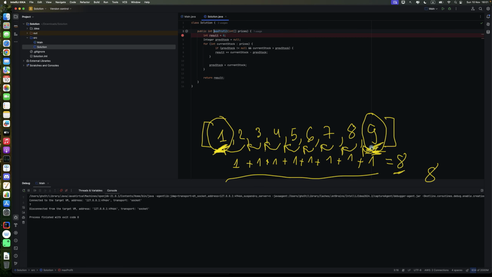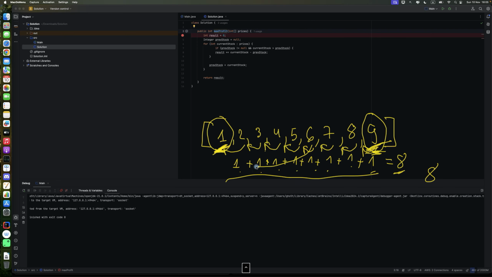If we buy here and sell here, it is the same as if we make 1, 2, 3, 4, 5, 6, 7, 8 transactions. It is the same. So guys, you see here, if we have rising in the stocks, we will always catch this with the greedy approach, right? It's the same if we take one big transaction here or one bigger transaction here, and you can see this